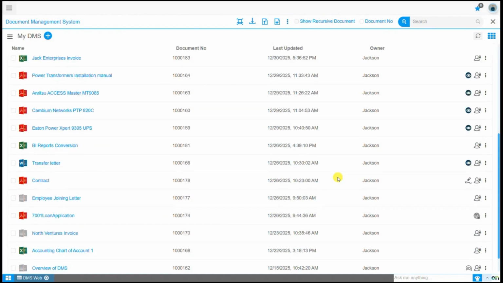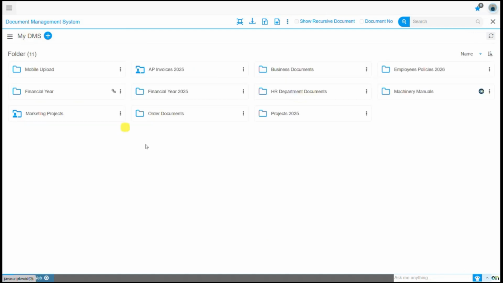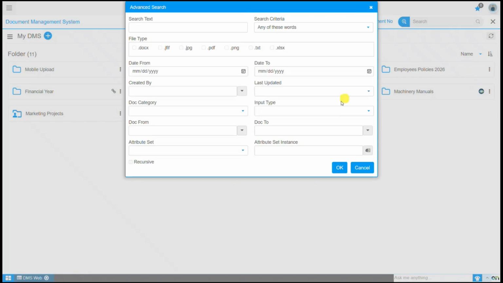As shown, 22 documents have been uploaded up to 31st December 2025. The user then clicks My DMS to reload the form. Next, the user clicks the advanced search icon again from the header section of the DMS form, which opens the advanced search pop-up on the user screen. If the user wants to filter documents within a specific date range, they can do so by entering the required